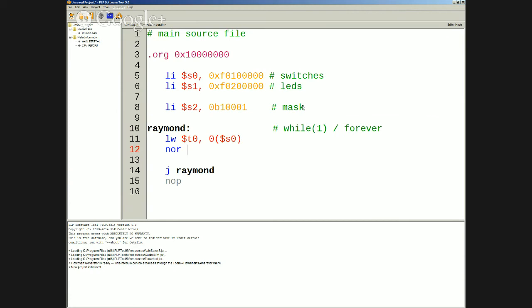So now we want to invert T0. So we NOR it with the 0 register. So that inverts all the bits in that register. What's next?